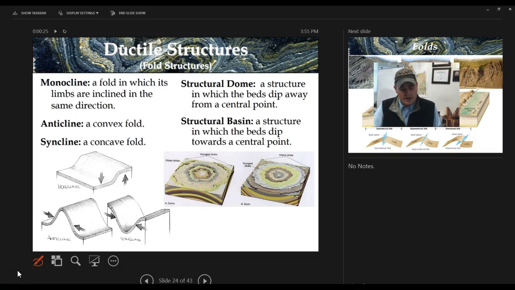Okay, so we just started talking about folds and how folds often happen in ductile deformation, right? Usually because of higher pressures, higher temperatures, usually deeper down in the ground. So very common in places where you have metamorphic rocks and stuff like that. Okay, so when you have ductile structures or folds, they're usually related to convergent boundaries, or when you push them